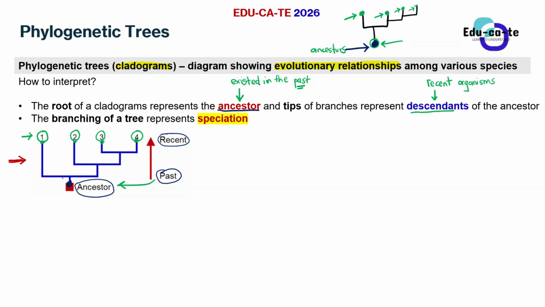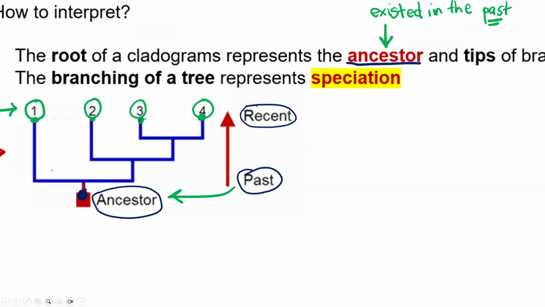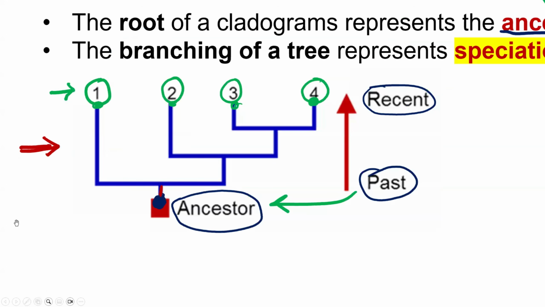So here, the ancestor, when we now go up with our phylogenetic tree, let me just zoom in. Please pay careful attention to what I will be doing here. We are moving from the ancestor here. Please take note of my pen, that is the one that's moving here. When we are moving along this line of the ancestor, we see a branching occurring here because the line is separating into two main parts. It is going in that direction, and it is also going in another direction.